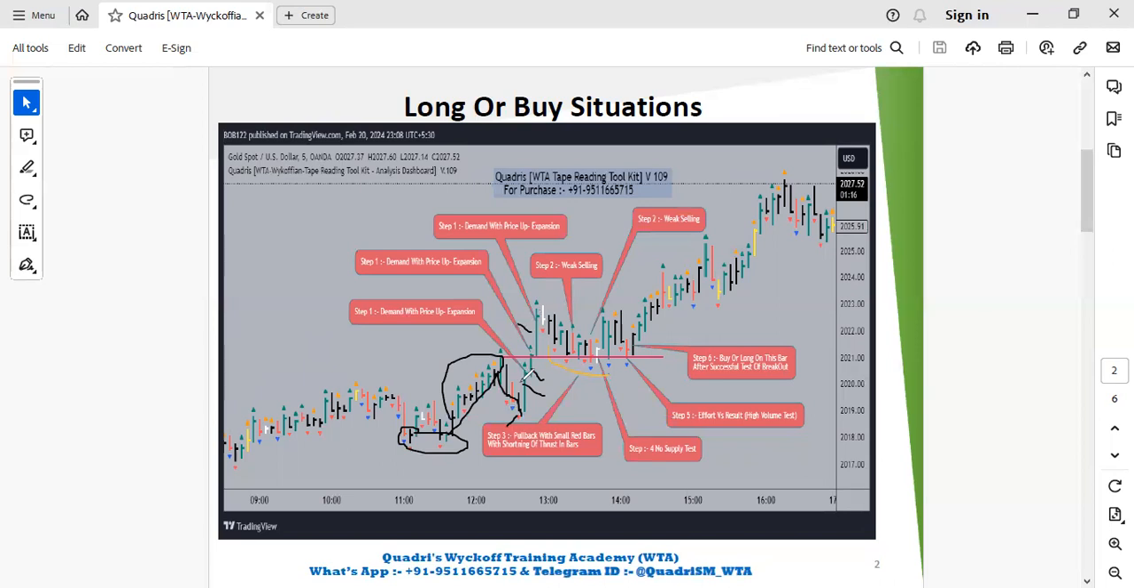by observing it, we can say that demand is in control over here, as by the explanation you can see demand with price expansion. And the thing which is most important for me is, like, here I extended a resistance line, but as we are approaching over here,